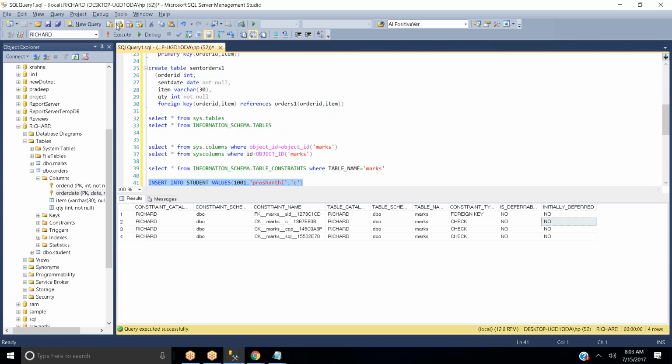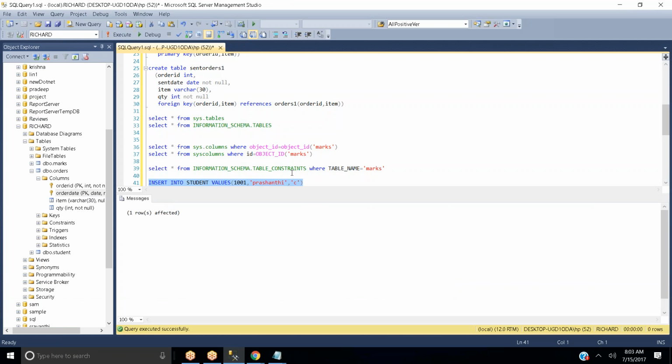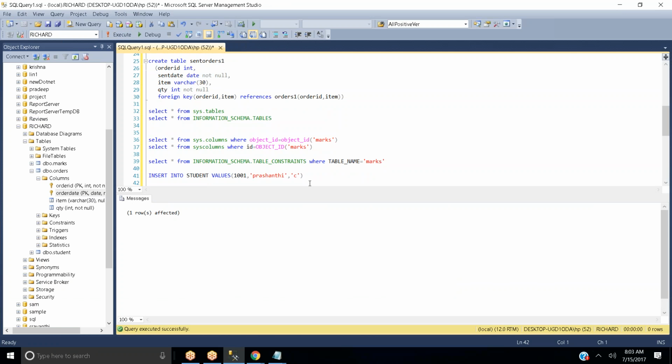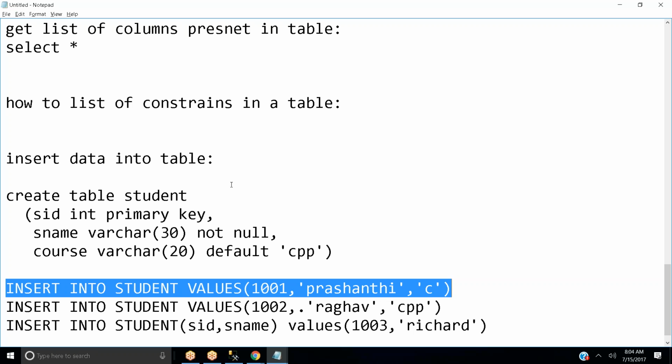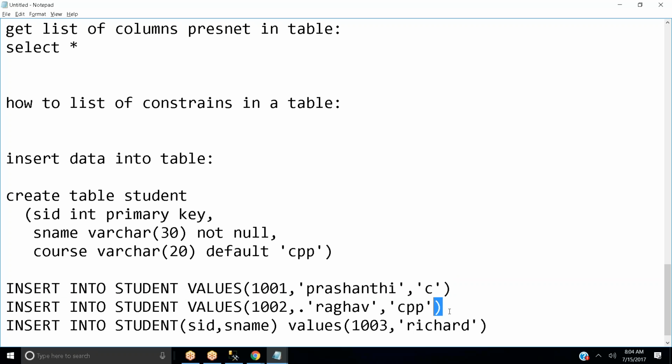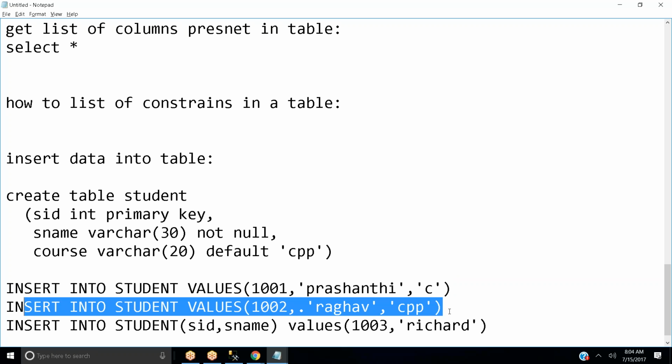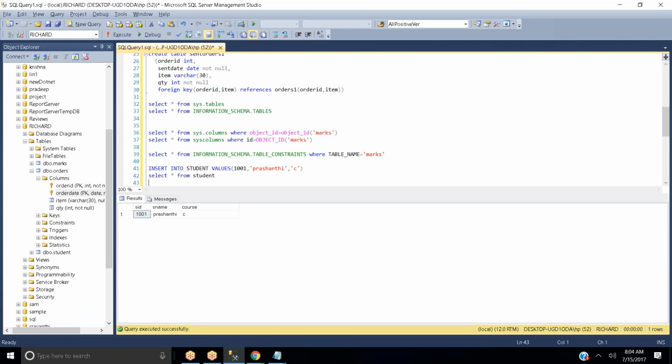And we will try to execute and see. It got executed. How to see the values that have been inserted? Select star from student. This is how you can see the values that have been inserted. You can see the record has been inserted, and in a similar way we will try to execute this particular query. Insert into student the values that are present. Execute this. There is a dot after 1002.